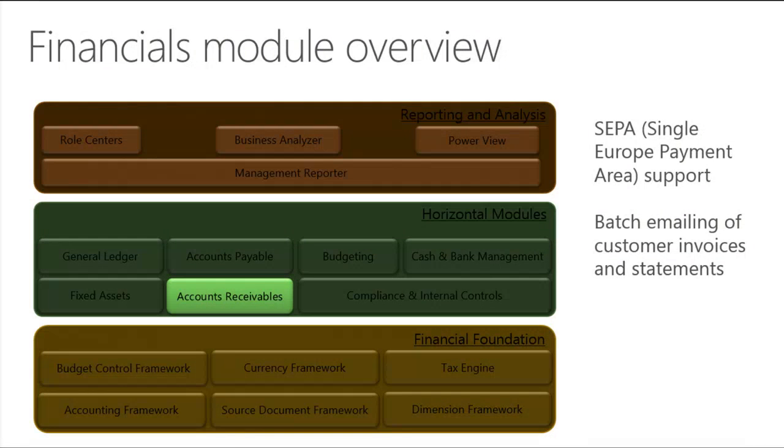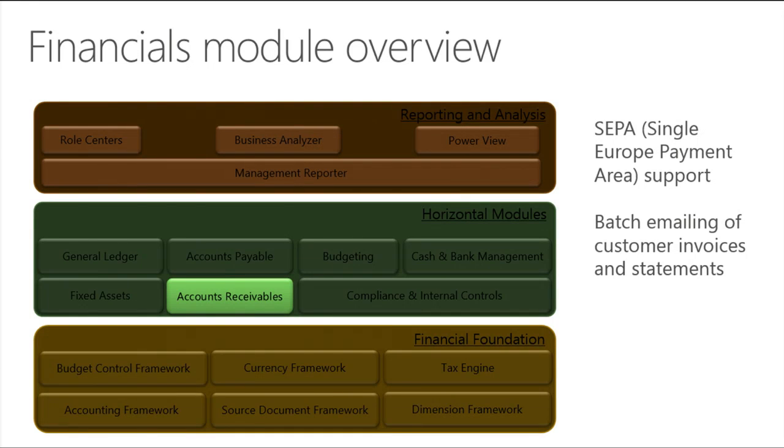On accounts receivable, we also have SEPA enhancements built in. Instead of credit transfers, it's direct debits on the accounts receivable side of the house. We also built in a couple of additional capabilities around pre-notes and mandates. Mandates is the authorization that you get from the customer to be able to pull money out of their account. The pre-notification is the specified amount of time you need to notify the customer before you pull money out of their account.